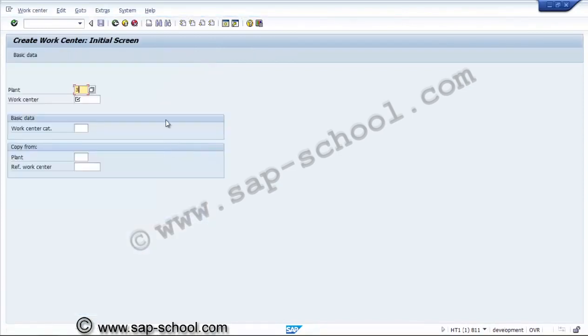For the plant 3000, work center, we will create like US, your ME01, and category will be for the project systems, 6. This work center is independently for the project systems.